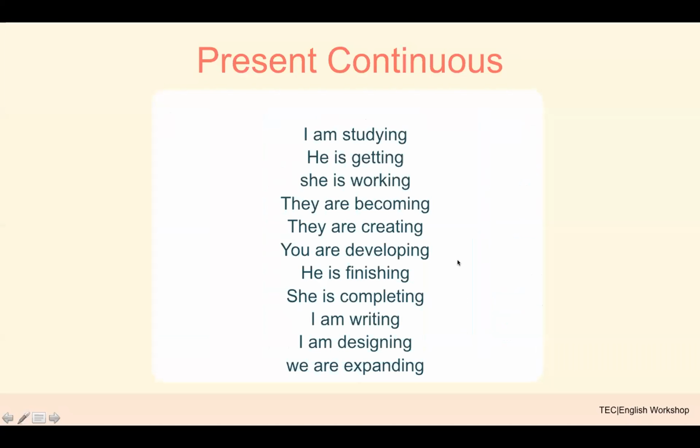Okay, I thought we should go over the present continuous too, because people get mixed up between the present continuous and the present. For example, the ones we talked about before: I study now, okay? He gets now, it's also in the present. She works now. But if we're saying that we need to do something, meaning we're doing it now and it's continuing, meaning now I'm doing it from now until the hour. What are you doing? I am studying. He is getting. If you notice, am, is, and are are also the verb to be from before.